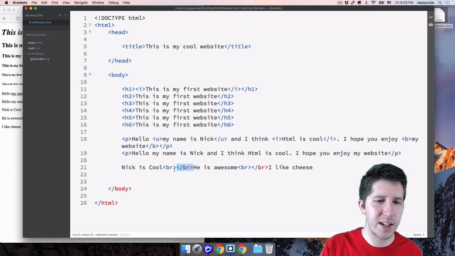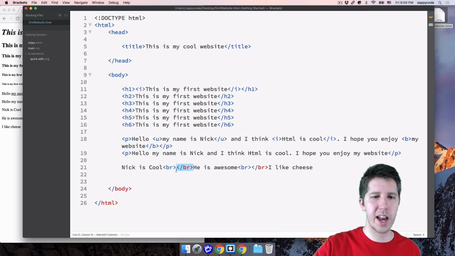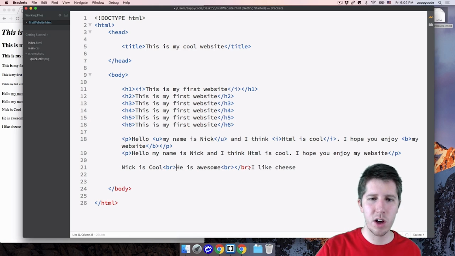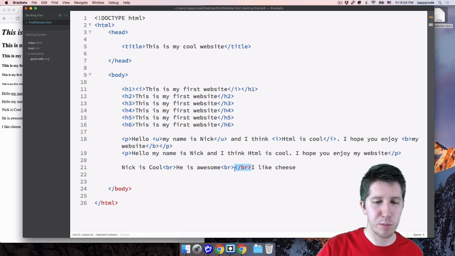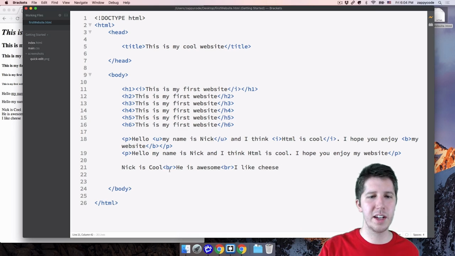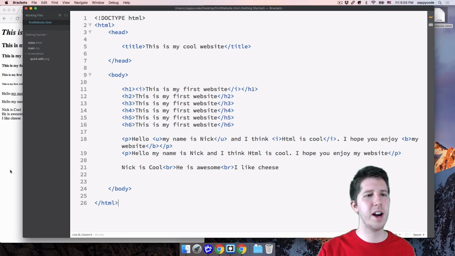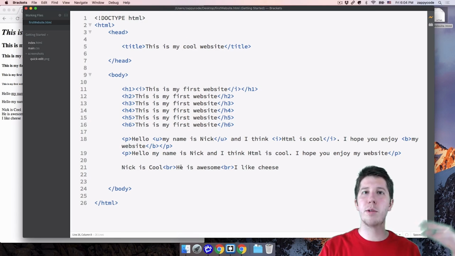So you actually don't even need the ending tag here. This is the one tag where you don't need that. So we can actually go ahead and delete this one. We can delete this one here, and Brackets, the code editor here, is going to like that, because then it doesn't have to worry about that. But now it just totally works.